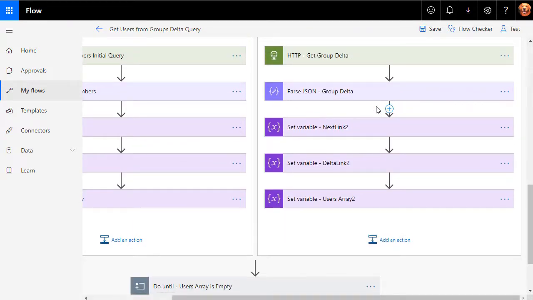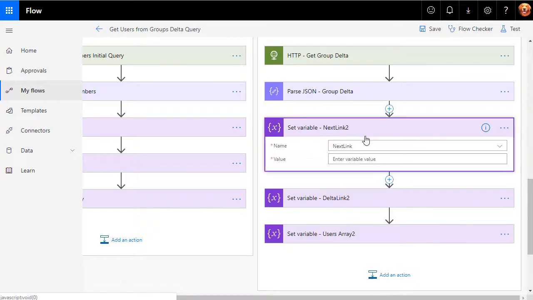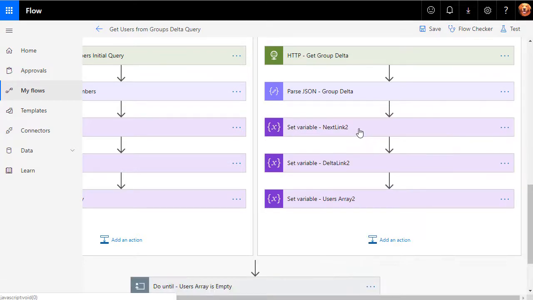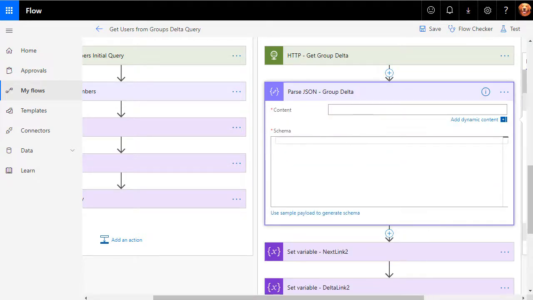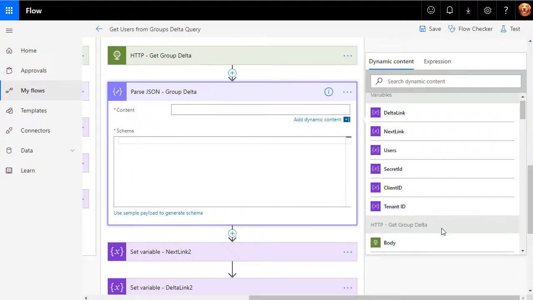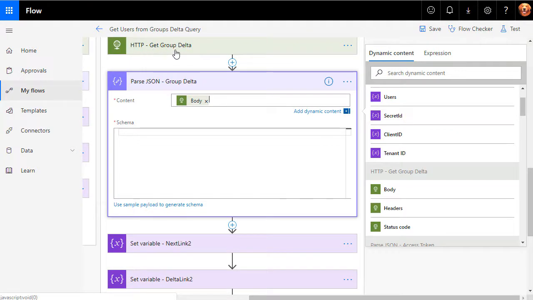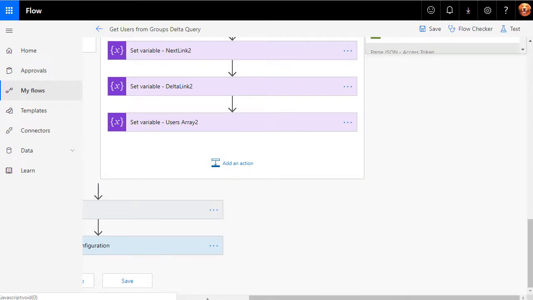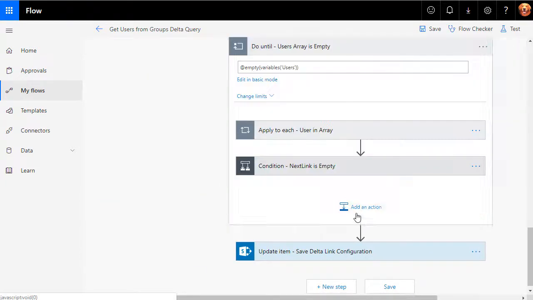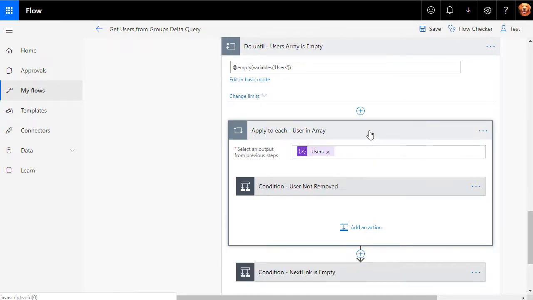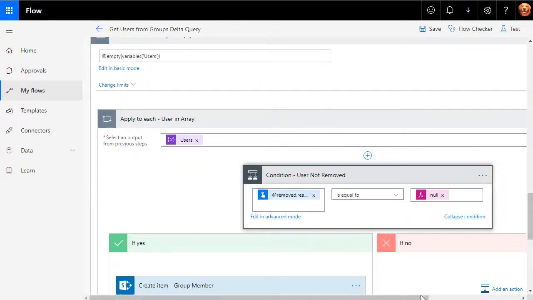Okay, so everything's renamed, and I've set the variables for each of these to their appropriate variable. The shortcut that I mentioned is that although we can use the output here of the body of the get group delta, we don't need to rerun the HTTP request to get our parse JSON schema, because we did that yesterday. So I'm going to open out the users array, and we'll open out the apply to each, and inside here